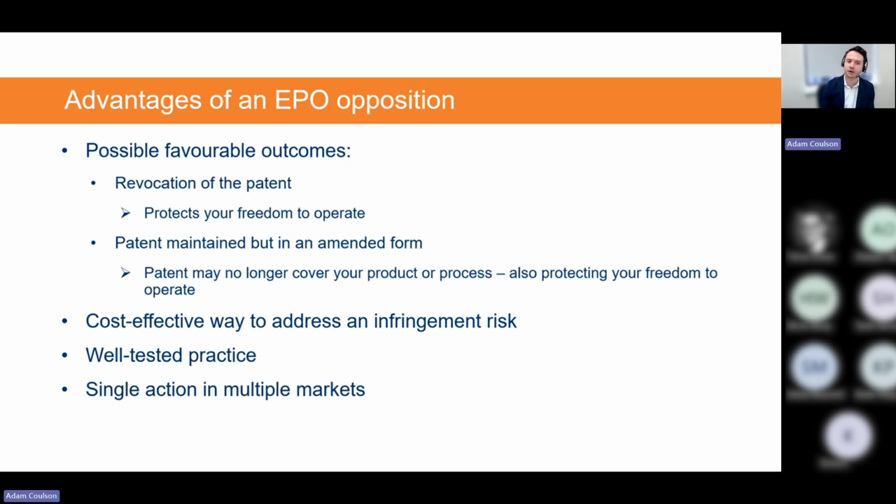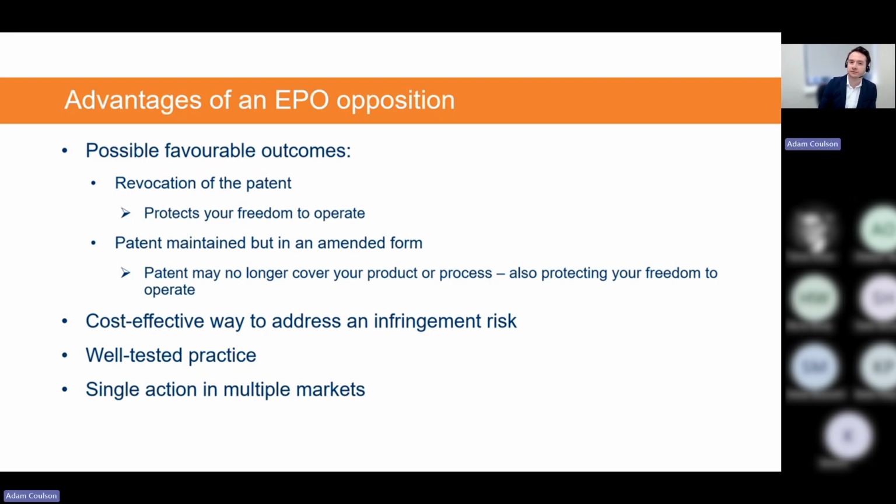However, it's important to note that in contrast to other possible revocation actions in Europe, such as national invalidity actions or UPC revocation, the EPO opposition process offers a relatively cost-effective way of opposing a granted patent, not least because the official fees payable to the EPO for an opposition procedure are significantly lower than the court fees due when bringing a UPC revocation action, and that will be discussed later on. Also, the opposition process is a simple, streamlined process, and practice is well tested, in particular compared to the recently introduced UPC revocation process.